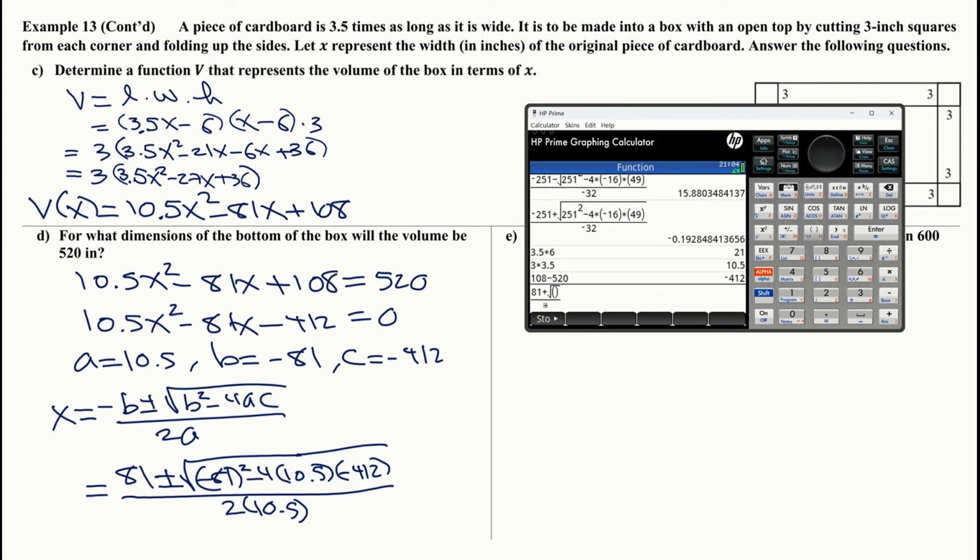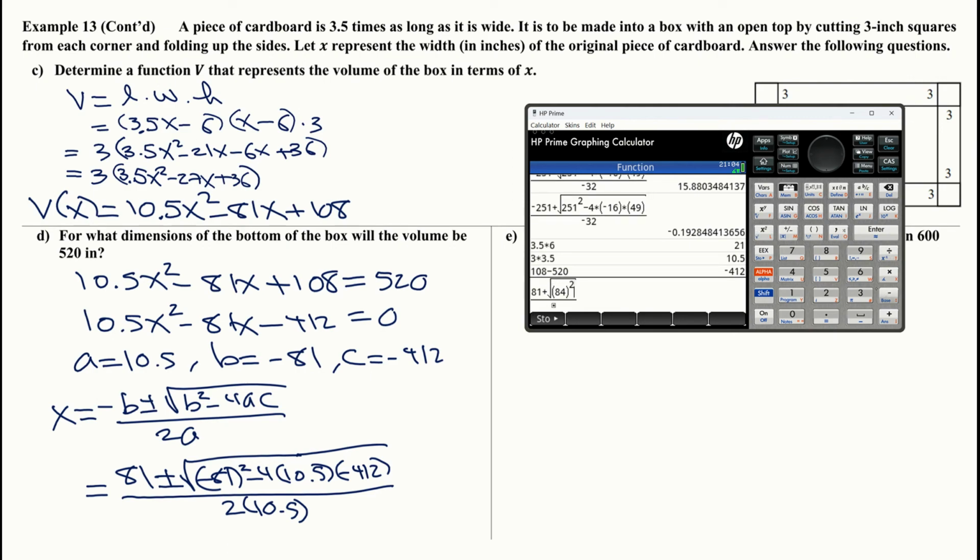Now it doesn't matter whether I square 84 or negative 84, so I'm just going to put 84, and then squared, minus 4 times 10.5 times negative 412. Now we go downstairs